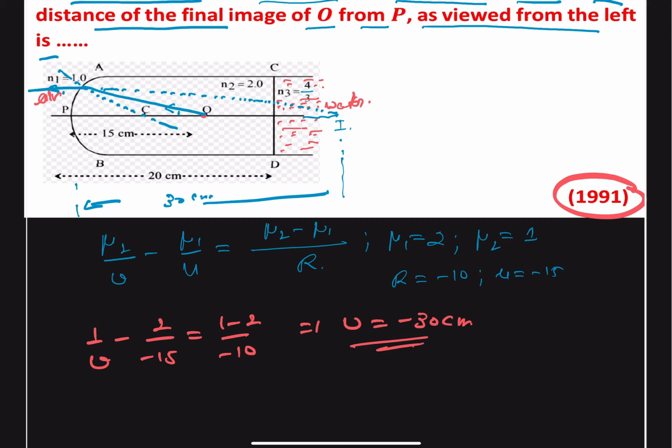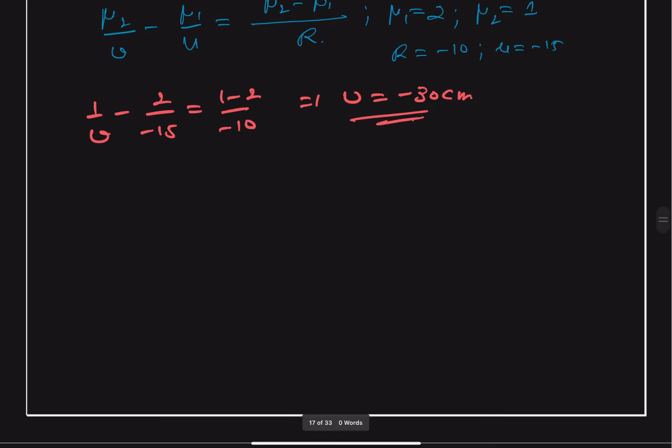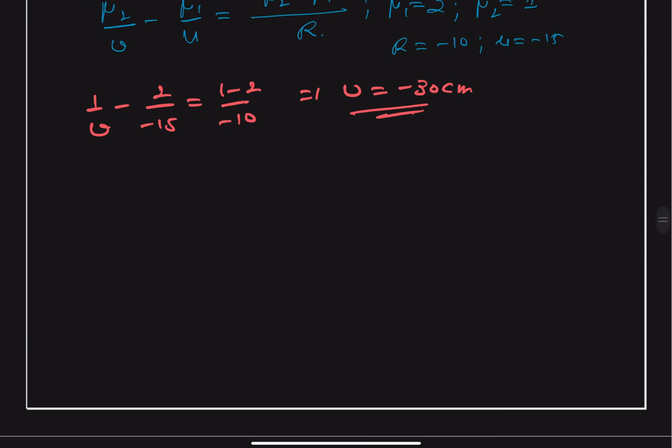So it will be straightforward traveling across surface CD and focusing at I. So we can say that the image is virtual, so therefore the rays never actually pass through